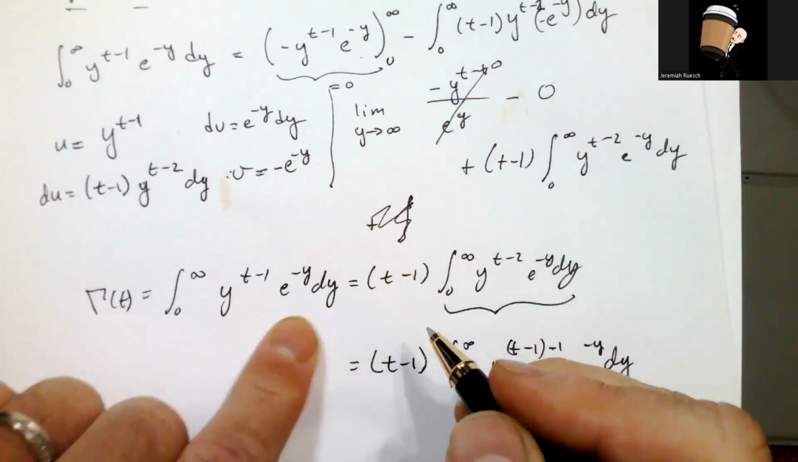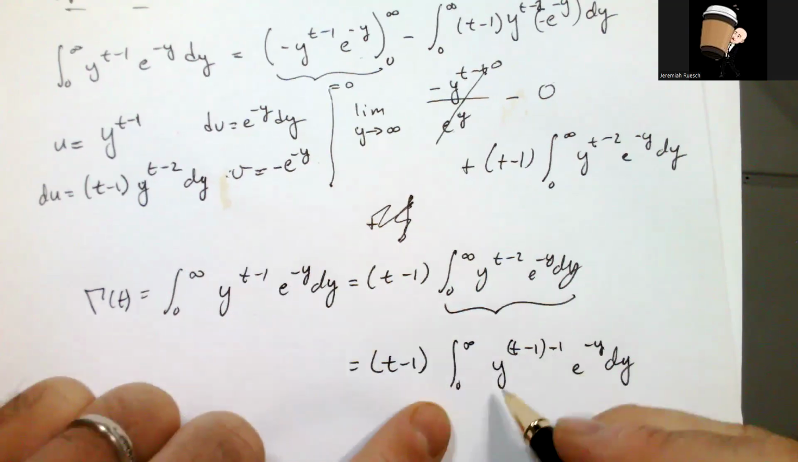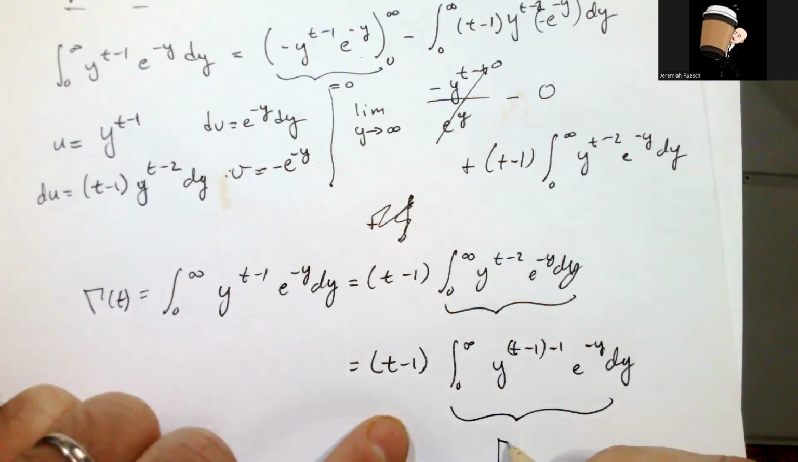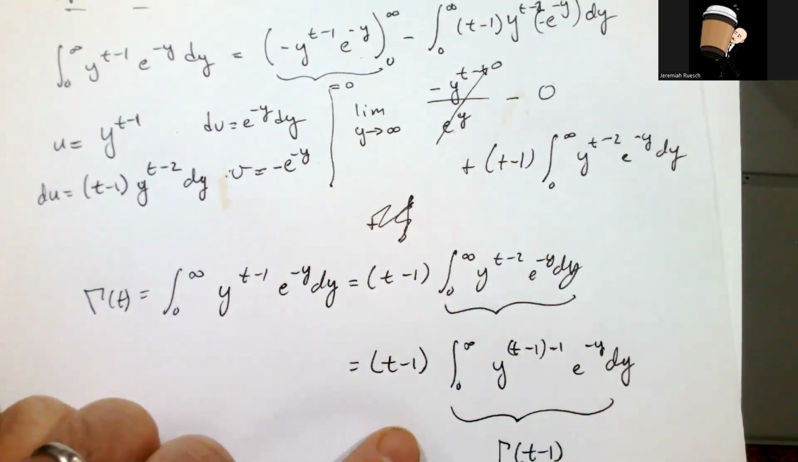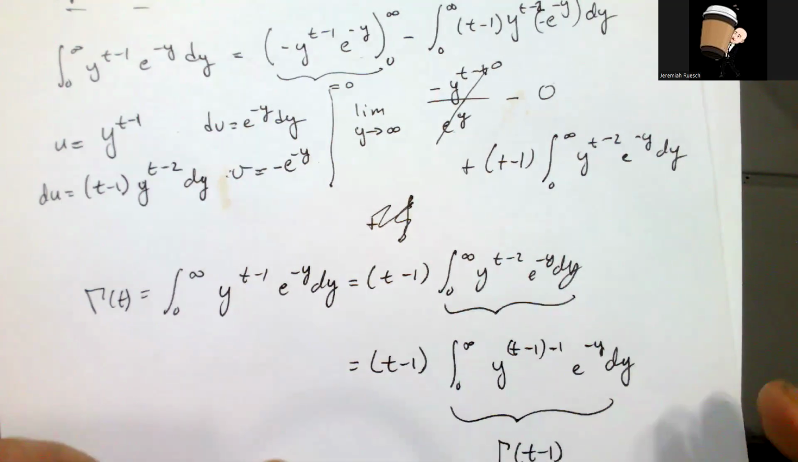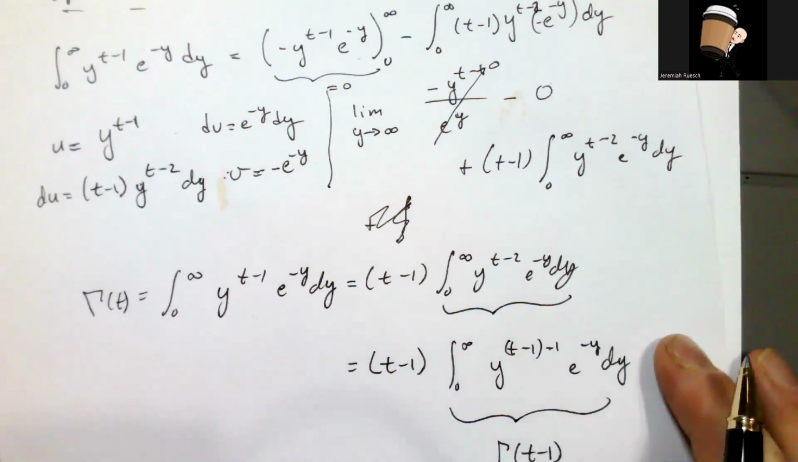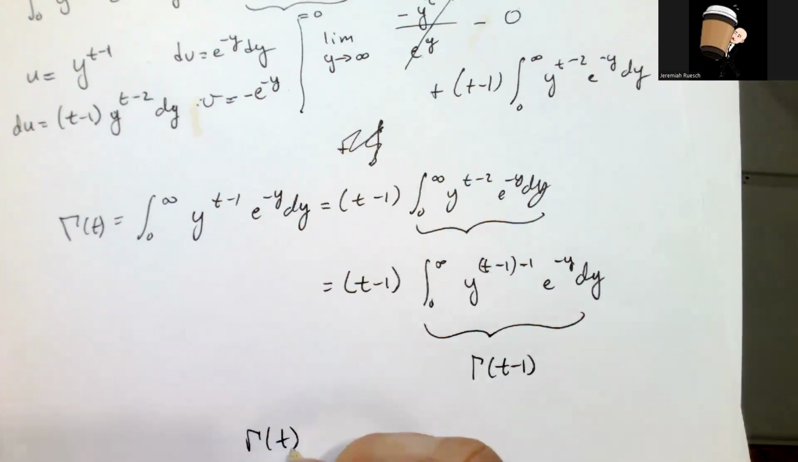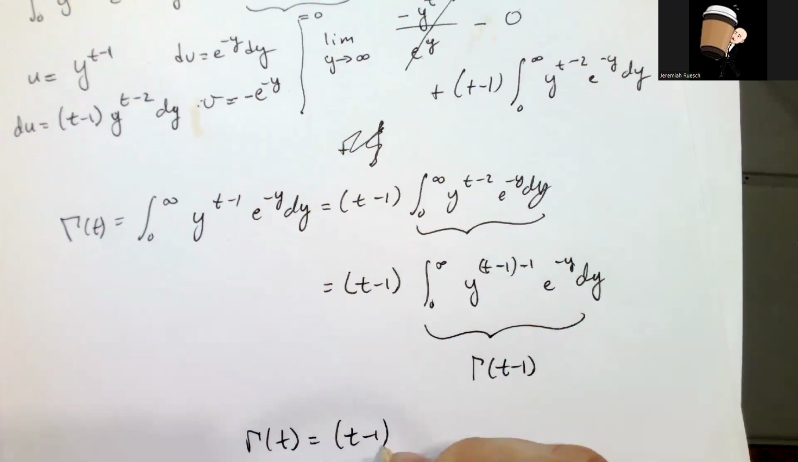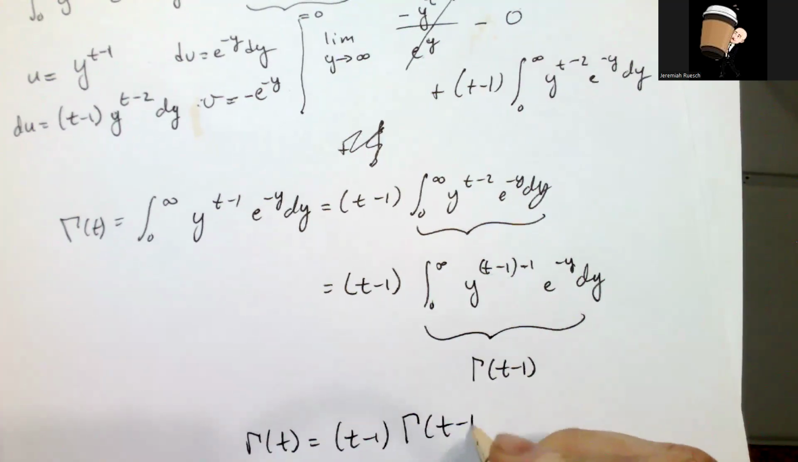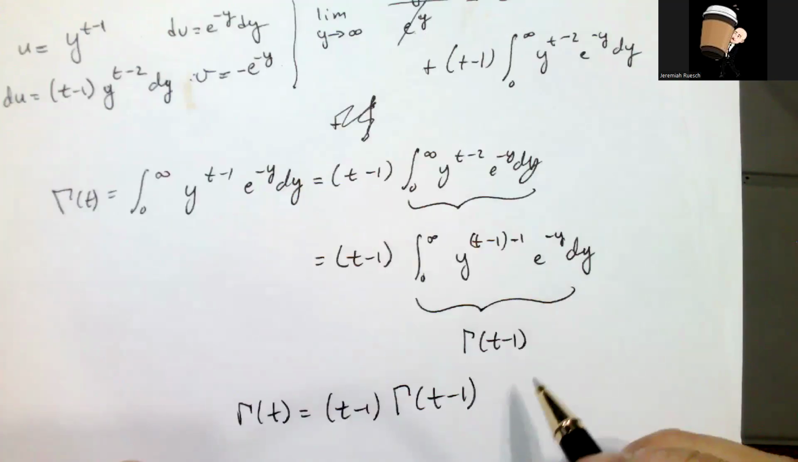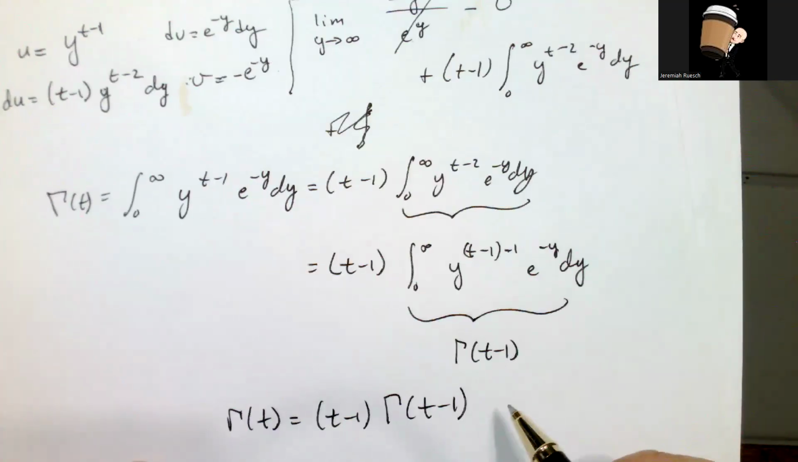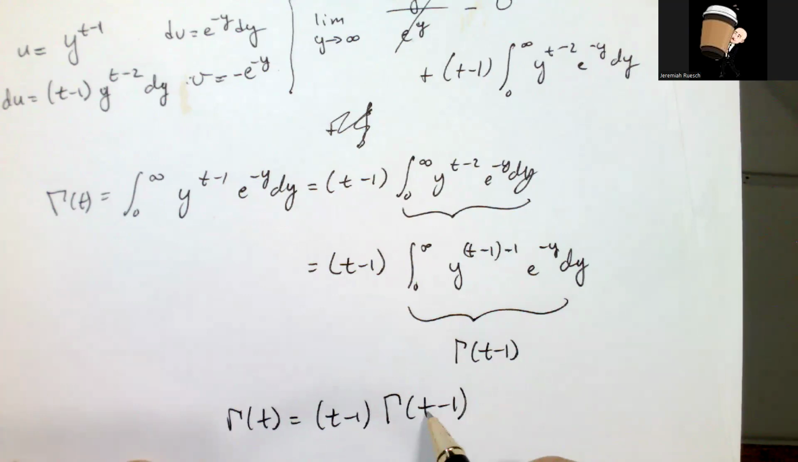This is gamma of t by definition. Then this looks like exactly gamma of t minus 1. And so you get this interesting relationship that gamma of t is equal to t minus 1 times gamma of t minus 1. Okay. And then this should ring a bell to what I meant when I said that this is the generalization